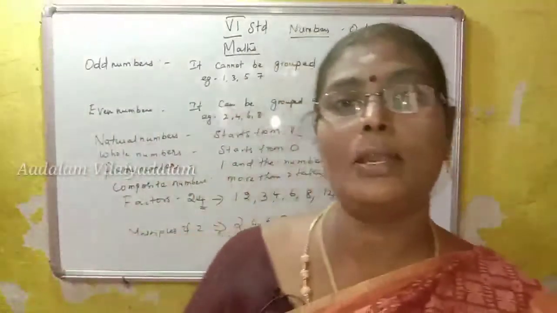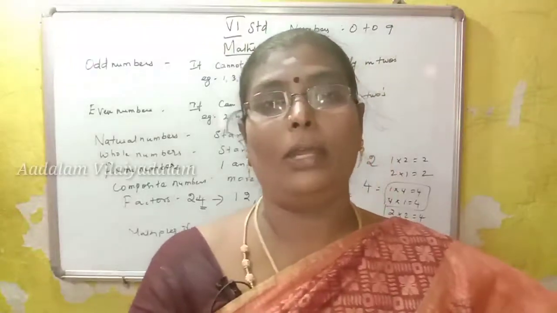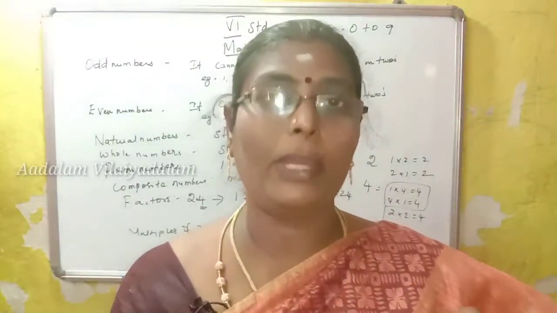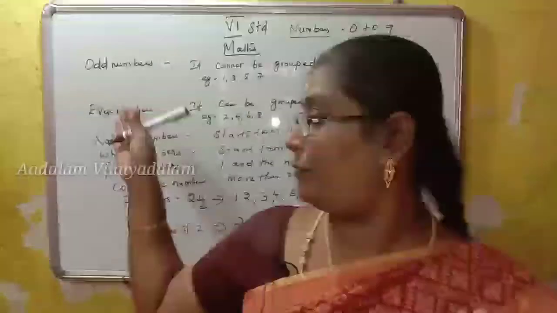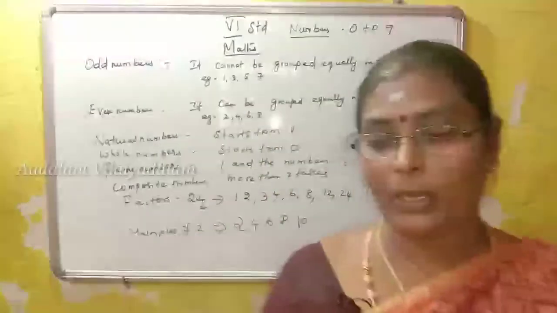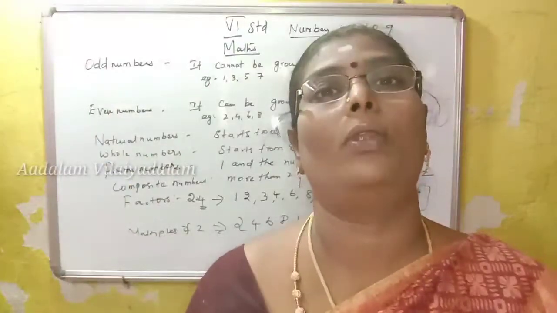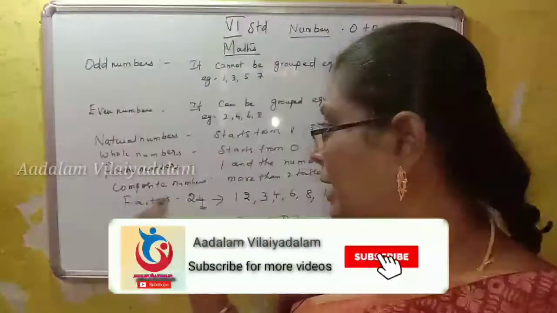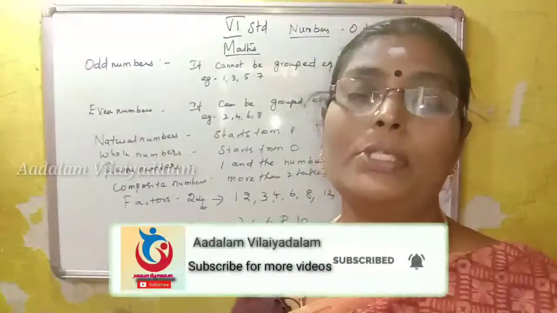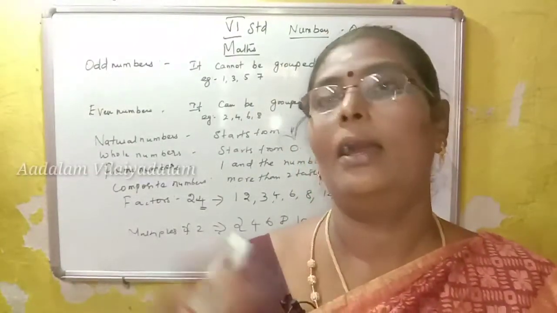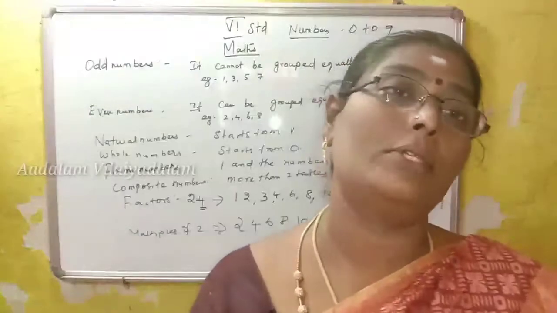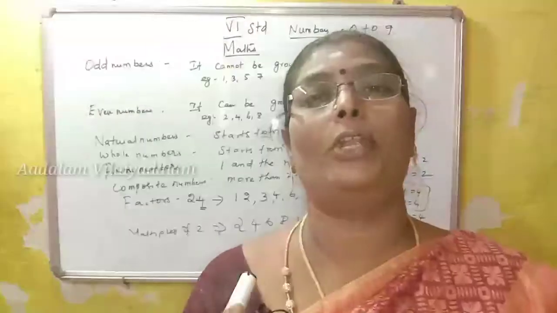Now we understand, children, about the numbers. Whatever the numbers, these are all the brief things we have seen in numbers. And in the next video I'll teach about the divisibility rule. That's very important for the number system. Factors and multiples and all, that is very important. That also you have studied in the earlier class. So I'll teach the rules also in the divisibility rule. That is very important for you.